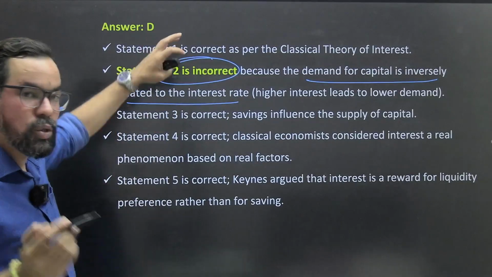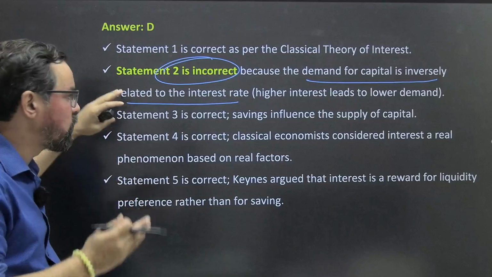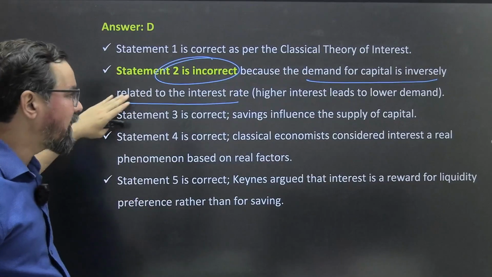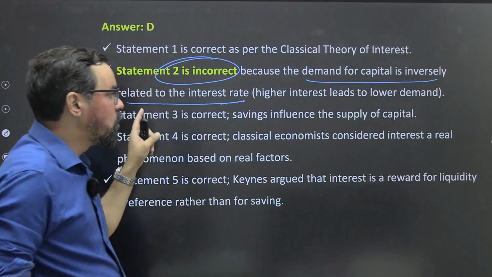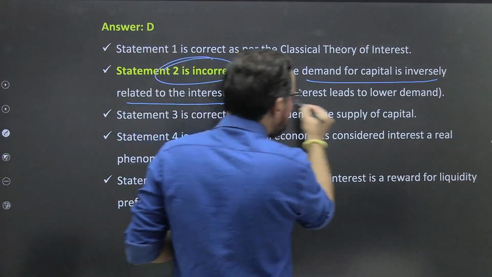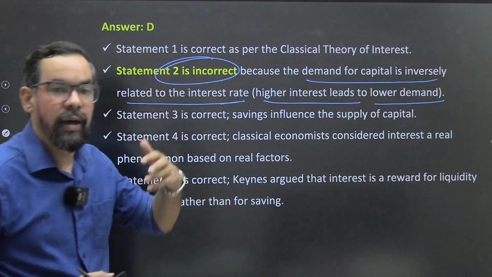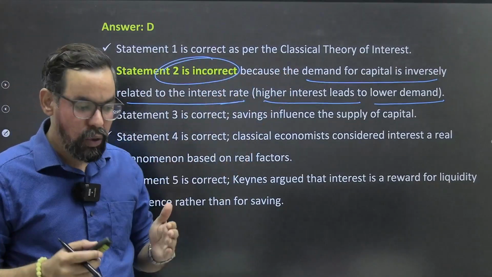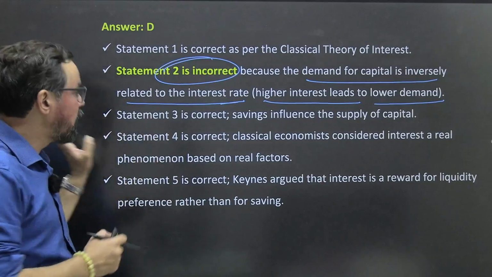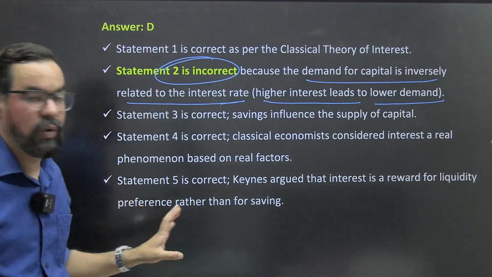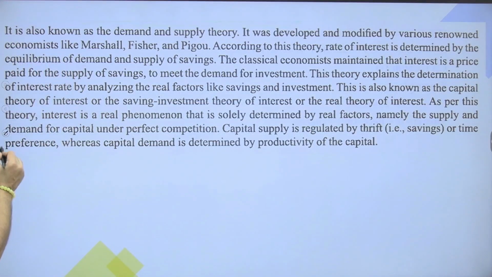ठीक है, तो कहीं ना कहीं जो बॉन्ड थ्योरम्स आपके होते हैं ना, उसी से लिंक है आपका डायरेक्ट, अगर आप उस कॉन्सेप्ट को भी अप्लाई करेंगे, ठीक है। सो डिमांड फॉर कैपिटल इज इनवर्सली रिलेटेड टू द इंटरेस्ट रेट। सो हायर इंटरेस्ट लीड टू लोअर डिमांड। अगर आपका इंटरेस्ट ज्यादा होगा तो आपकी लो डिमांड होगी, अगर इंटरेस्ट कम होगा तो देयर विल बी अ हाई डिमांड। सो दैट इज द ओनली फैक्टर्स और द स्टेटमेंट विच वाज इनकरेक्ट अराउंड दिस पर्टिकुलर थिंग, ठीक है।